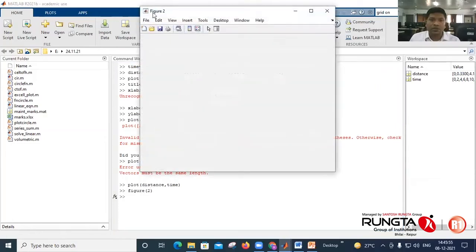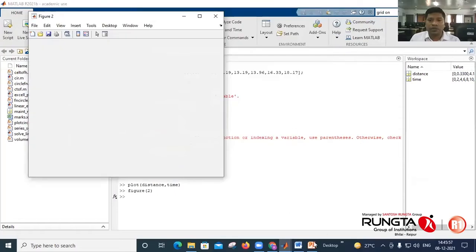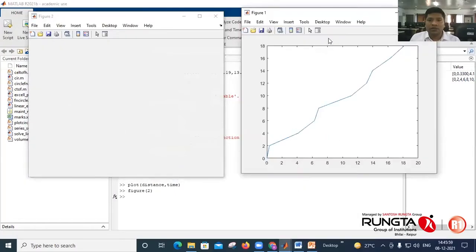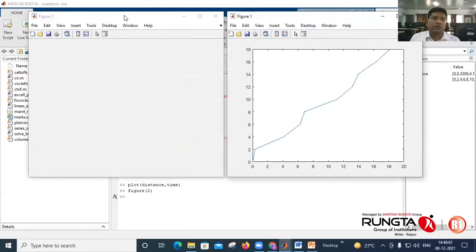It will generate figure 2. This is figure 1. You have to click on the window where you want to draw the plot or graph, and it will draw it over there.